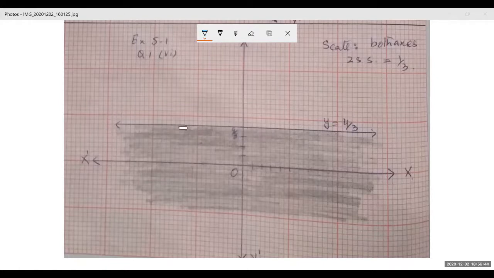So it is a horizontal line passing through y equals to 4 by 3. Simply draw a horizontal line through y equals to 4 by 3. So this is the required line. You can see this line is dividing the whole graph paper into 2 parts. One part is above the line and the other part is below the line, and origin lies in the below part. In our solution, we have decided that origin lies in the solution region. So you can see this is origin, it lies on this side of the line, so we have shaded this region. This is the solution region, and that completes the solution.